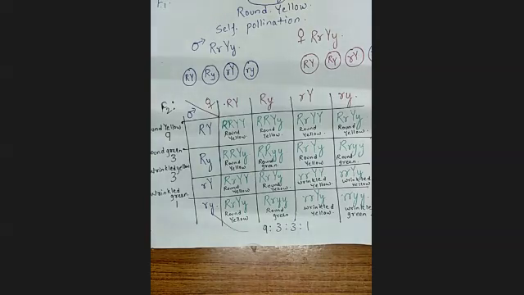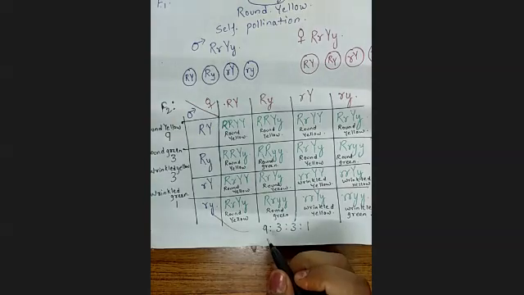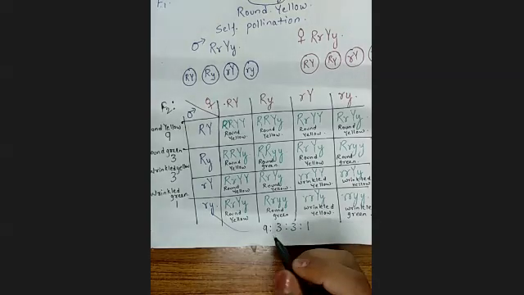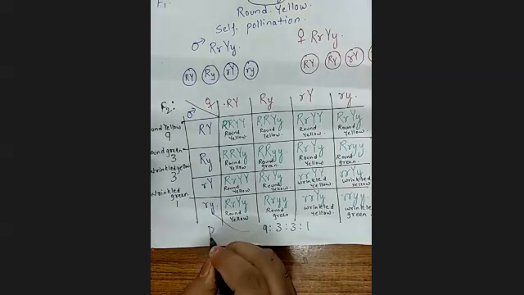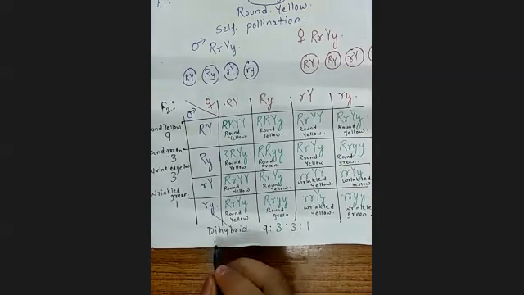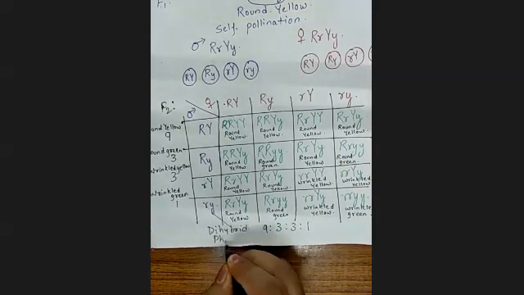Ma'am, so there is only one possibility that both the recessive factors are present. Yes, I am coming to that also. Just understand that when he was studying only one character, he was getting a 3:1 ratio, right? Now, when he took two characters simultaneously for study, then he got this type of ratio. This is called the dihybrid phenotypic ratio.